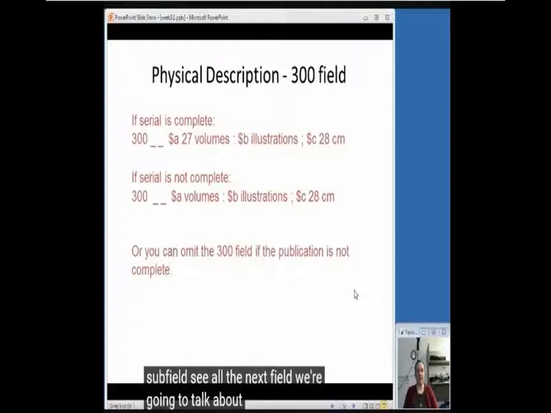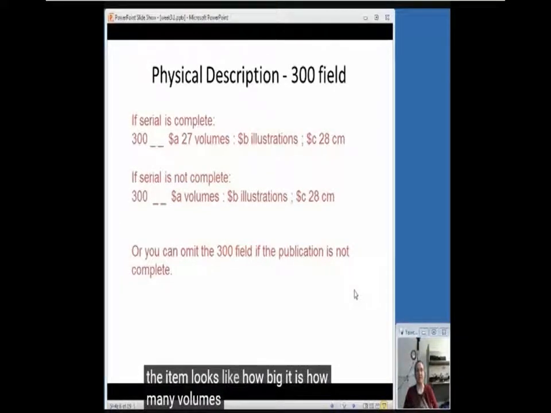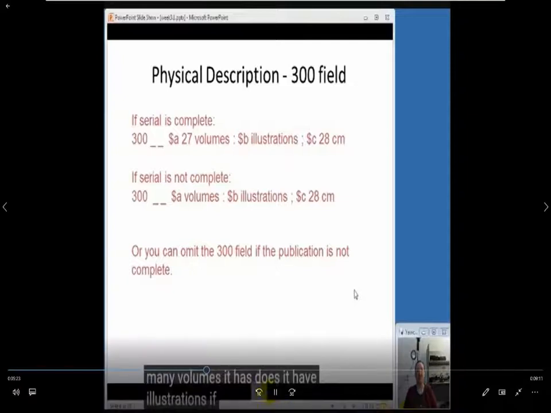The next field we're going to talk about is the 300 field for physical description. This is just what it sounds like. You describe what the item looks like, how big it is, how many volumes it has, does it have illustrations. If a serial